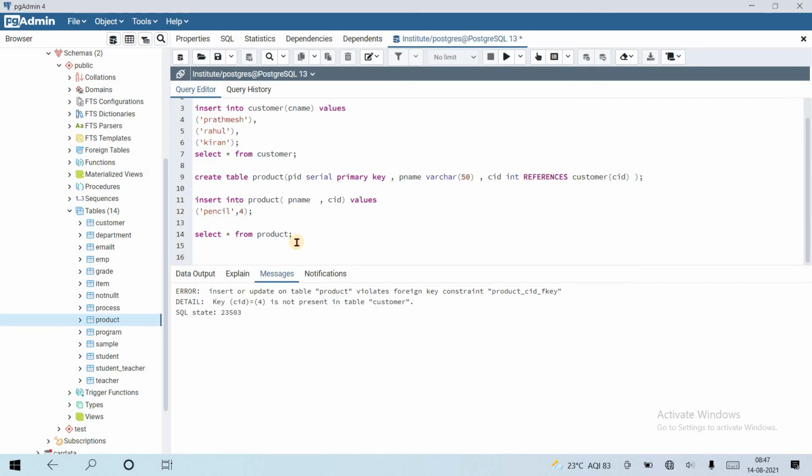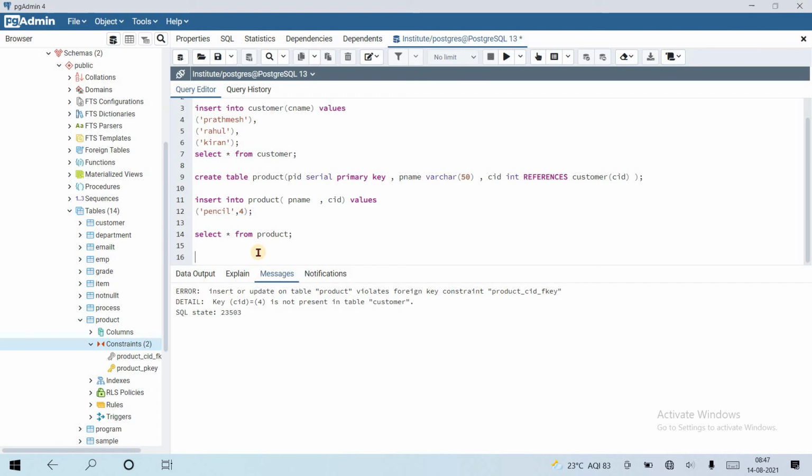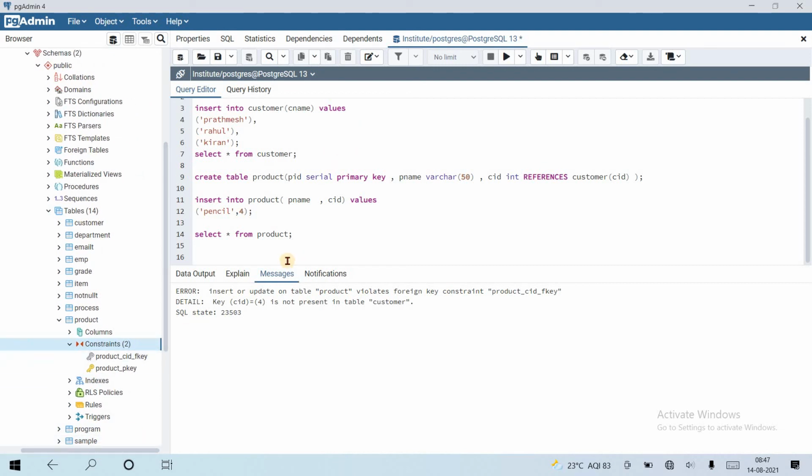You can see the name of the constraint, product CID key. How is this name given?